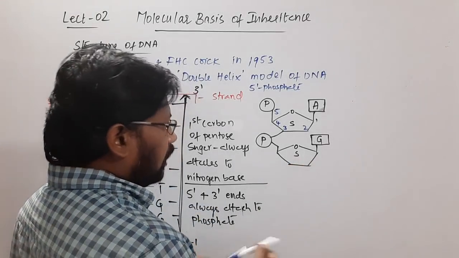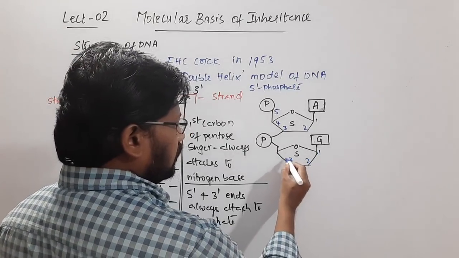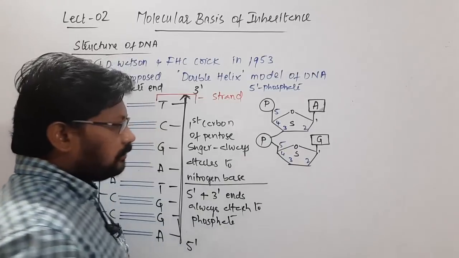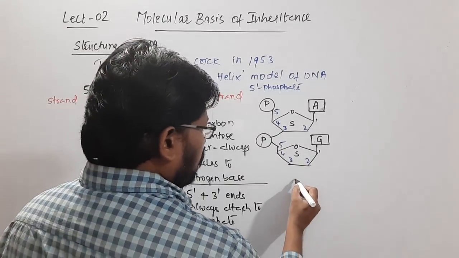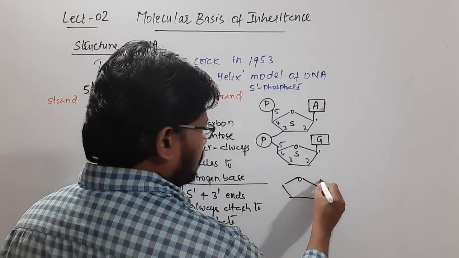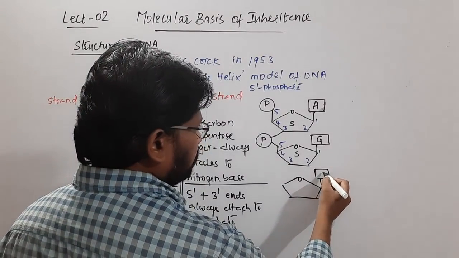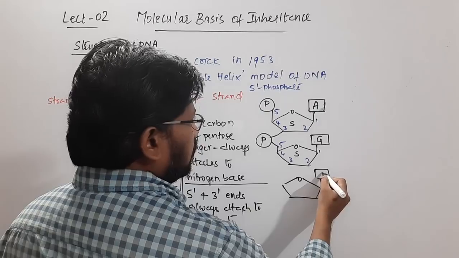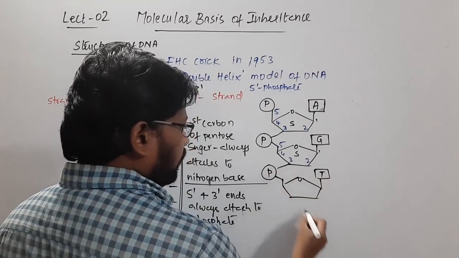Again I will mention here, this is the first carbon, second, third, fourth, and this is the fifth carbon. So this is another nucleotide. I'm going to take two more nucleotides to make it easy to understand. So here T, and this is phosphate,